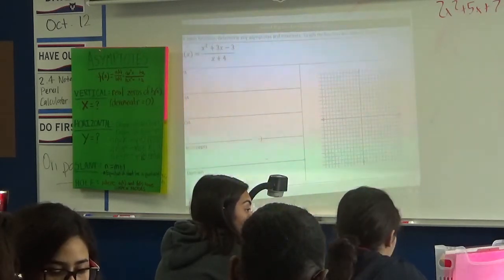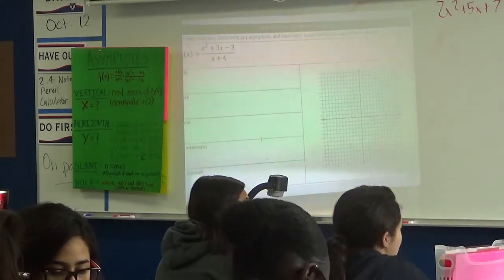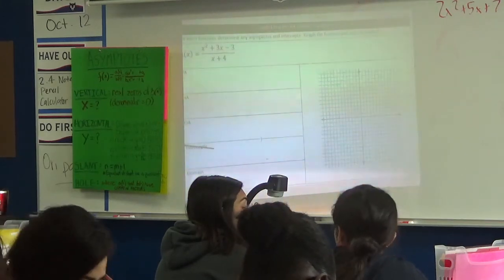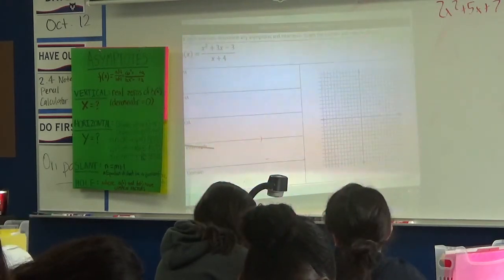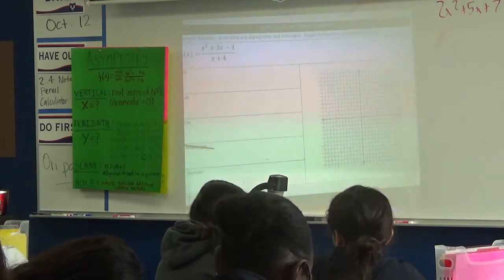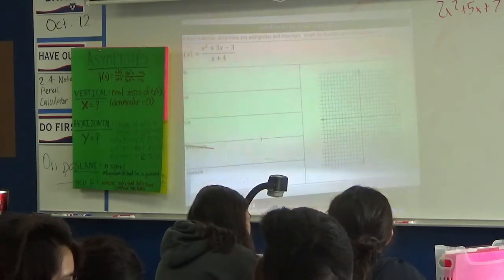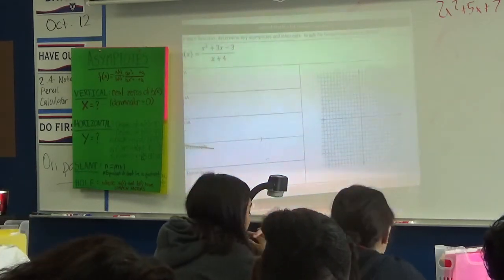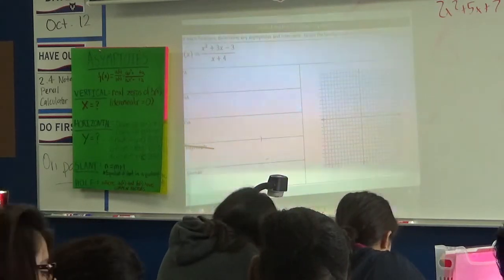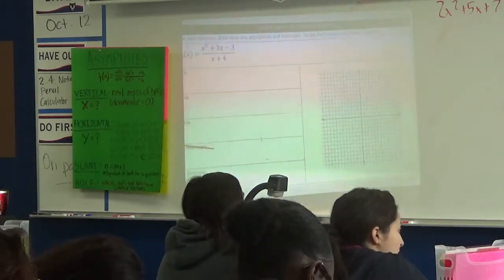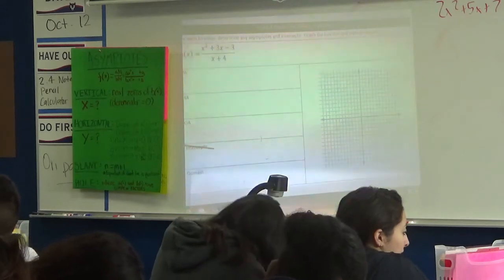Okay. What about the intercepts? You guys can, for the sake of time, if you want to skip the intercepts again, you can. And if you finish, you can graph it on your calculator to look at your asymptotes and see if it follows what you said. Yeah, you can skip that. You just go to the domain and then graph it.